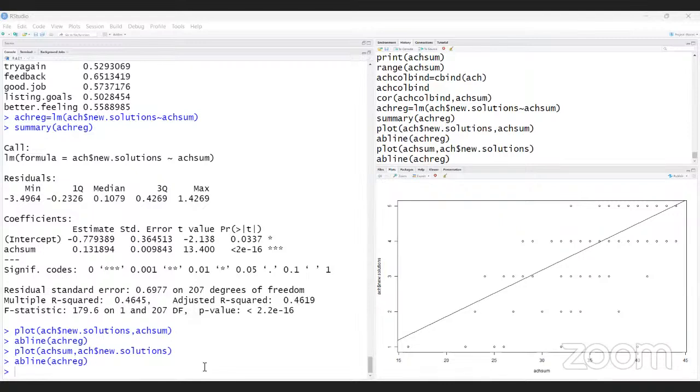So please write down all the commands, that will be better for you for the correlation.